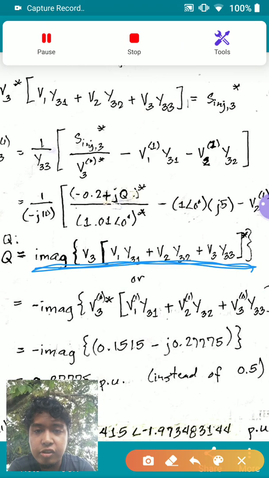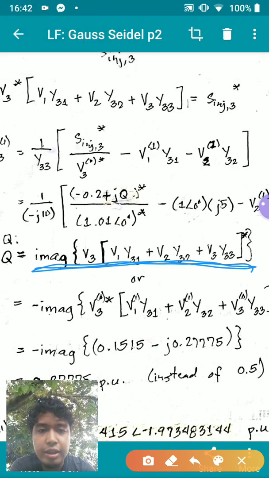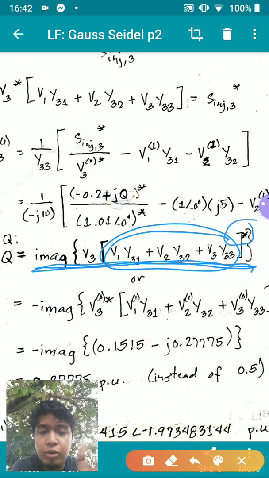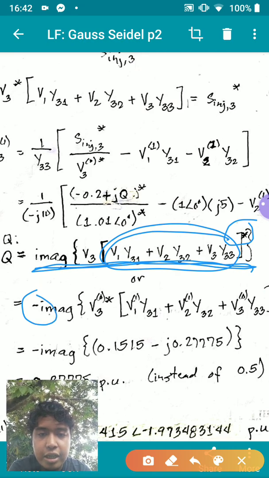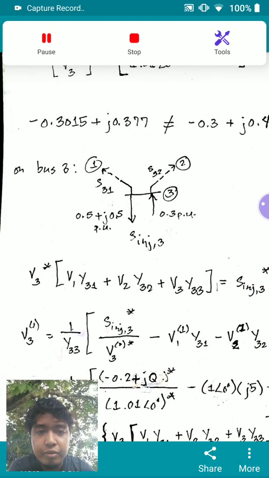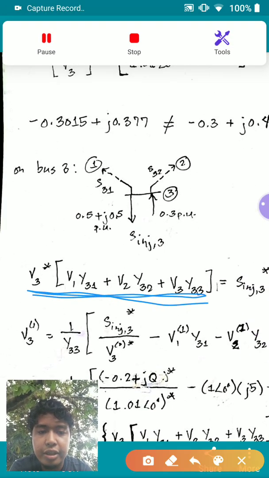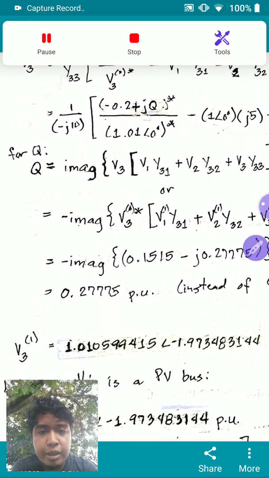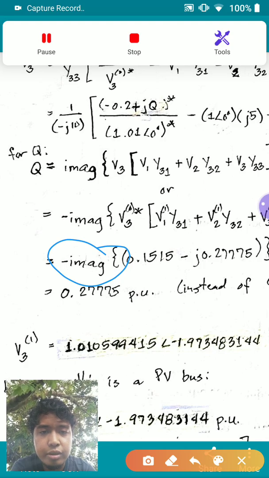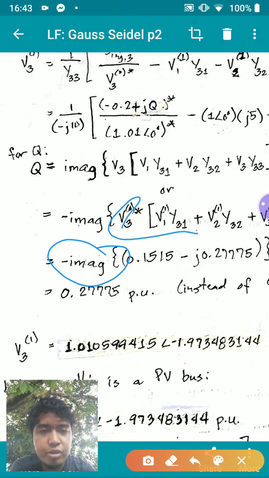Take note, this is positive imaginary of V3 times all of the I's conjugate. So it's basically V I conjugate, or negative imaginary of V conjugate I, which is basically this formula. It's V conjugate I. So we may use negative imaginary of V conjugate I. So if you solve for this equation,